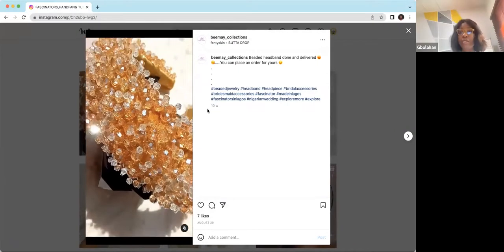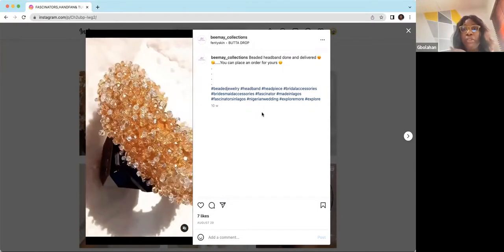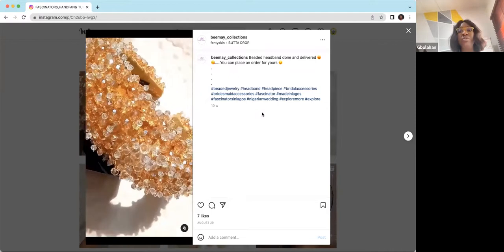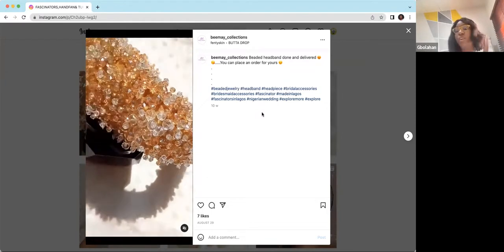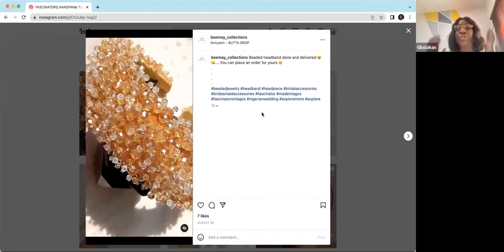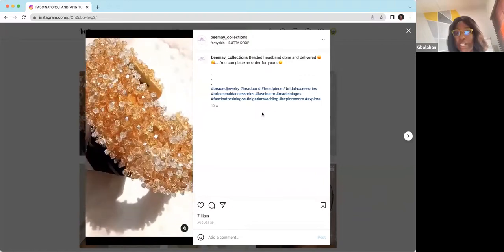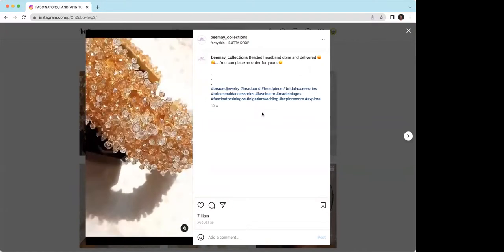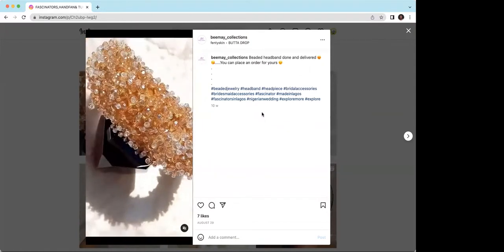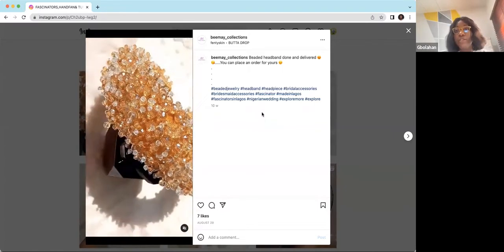Attractive. So number 2, explore more. Remove it. Don't even think of putting it inside your contact. No matter how many times you put it there, it's not going to put you on the explore page. It doesn't work. So please just remove it. But I like that you have beaded jewelry, headband, and stuff like that.